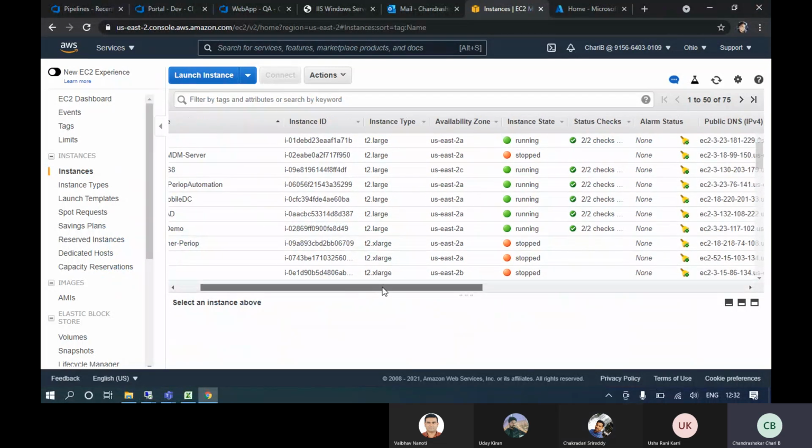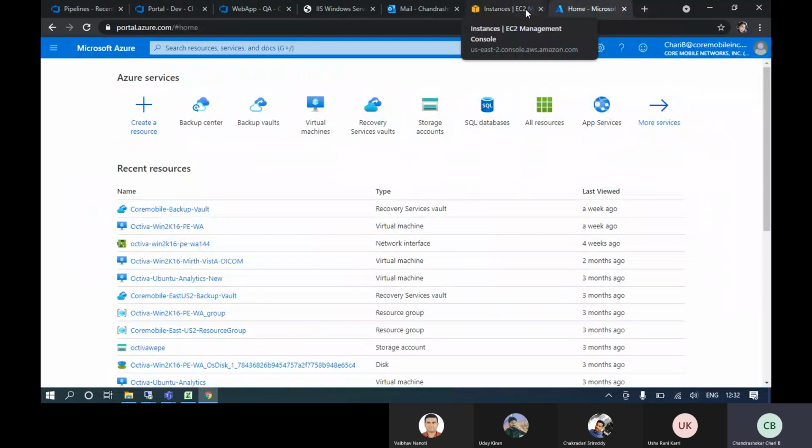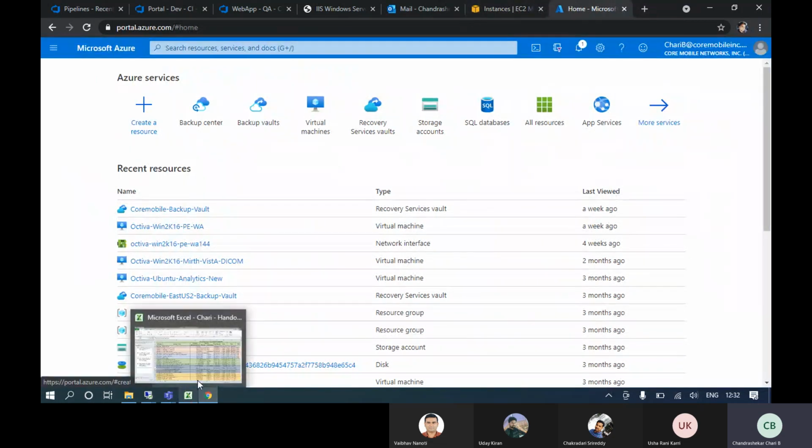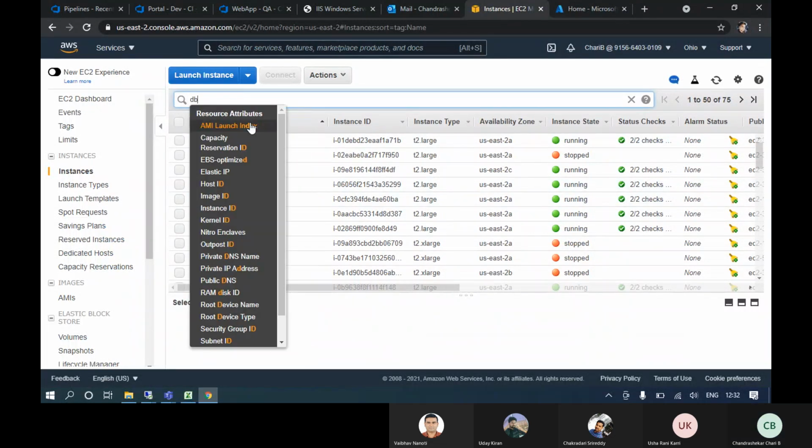Uday and Chakradari, I don't know what migration has to be done. As I heard, the complete set of servers needs to be moved to Azure. That I am sure of, so be prepared for that. Even I have not performed this migration anyhow. Let me tell you what I have done in AWS for the database servers.